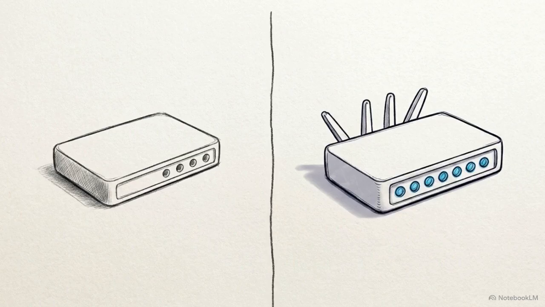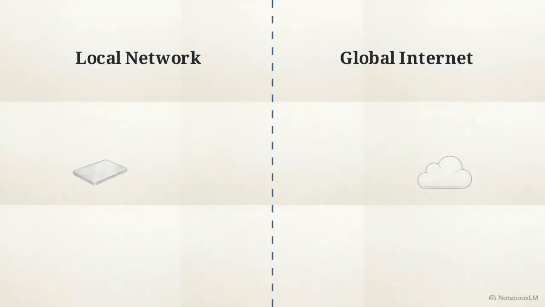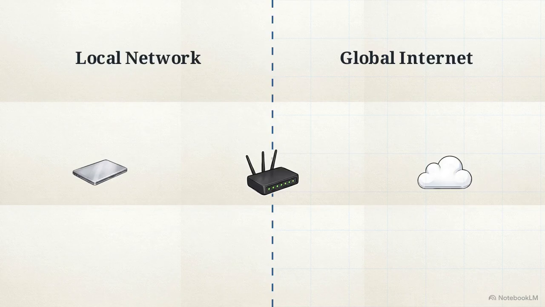To understand how data escapes the local network, we have to draw a strict boundary between two pieces of hardware, the switch and the router. A switch is designed exclusively for intra-network traffic. Its jurisdiction ends at the physical walls of the building. A router is the exact opposite, engineered entirely for inter-network communication. It sits directly on the boundary line between local hardware and the outside world.